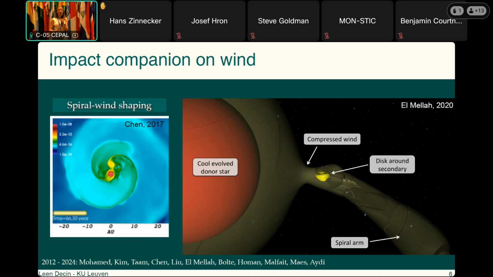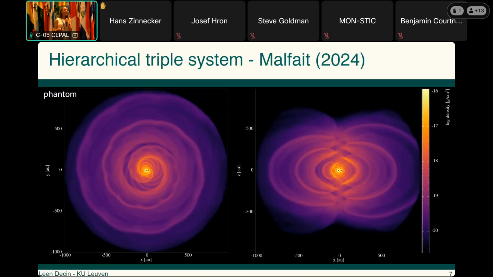You do see here 2 examples of grid-based codes. I have taken them on purpose, since we have seen a lot of SPH yesterday, of Chen et al., and to the right of Ilek. And then indeed, the one SPH simulation of one of my former PhD students, Yulin, where we have a triple system and where we can have a kind of an even odd-like simulations, if they are true at all.